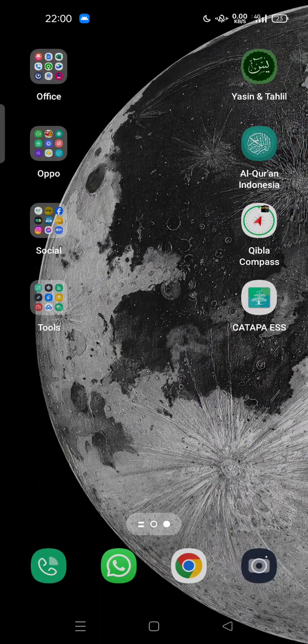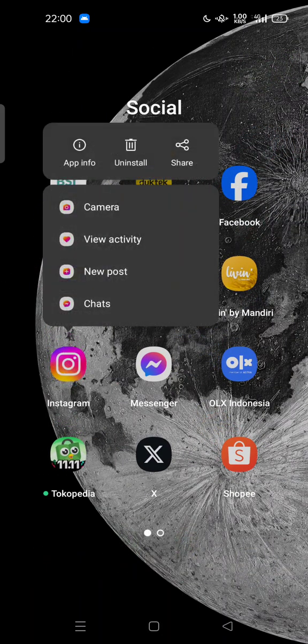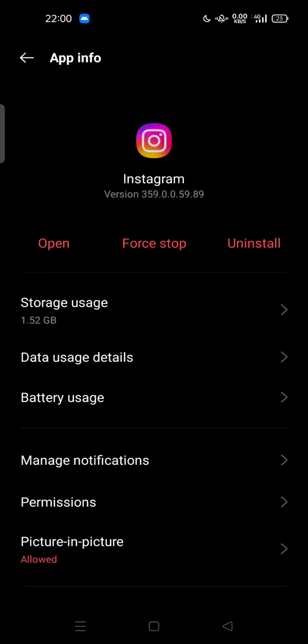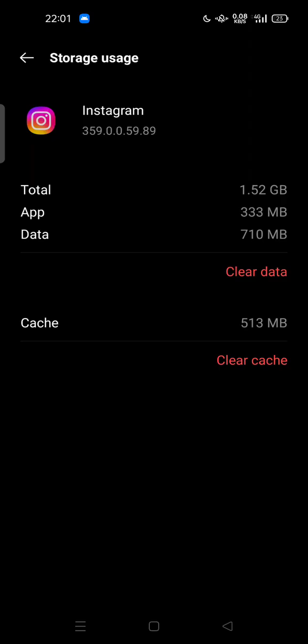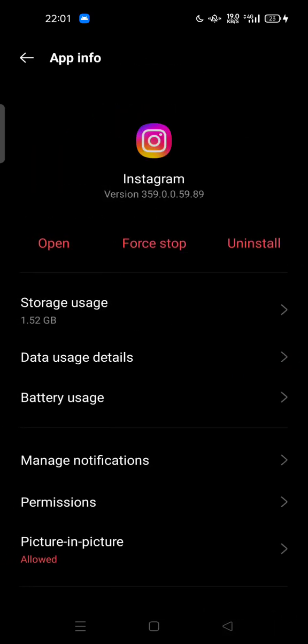So if after the update you still encounter the error, you can hold the Instagram application icon and go to the app info. Here you can try to tap on storage usage, and you can clear some cache, and also you can consider clearing the data, but you need to log in again. So after the update, clearing the cache and clearing the data,